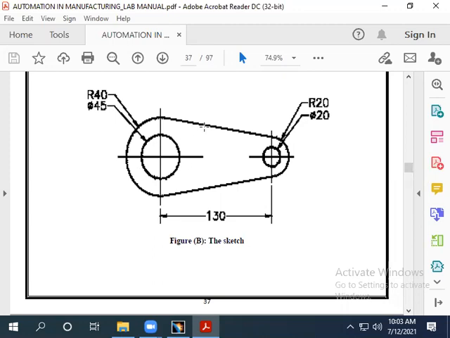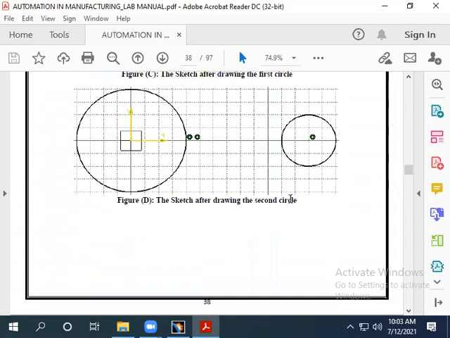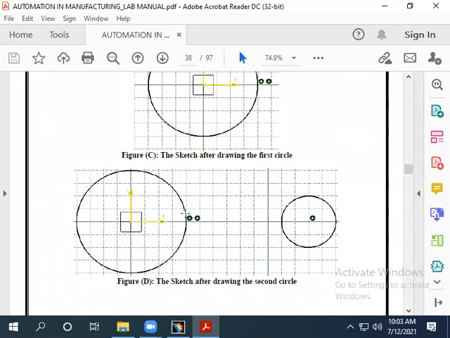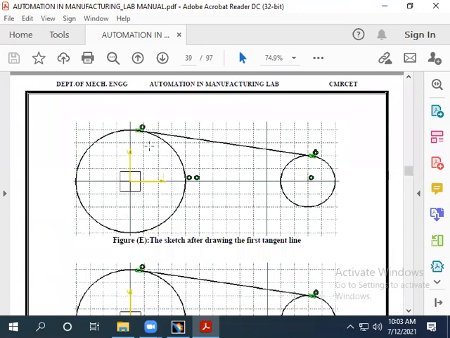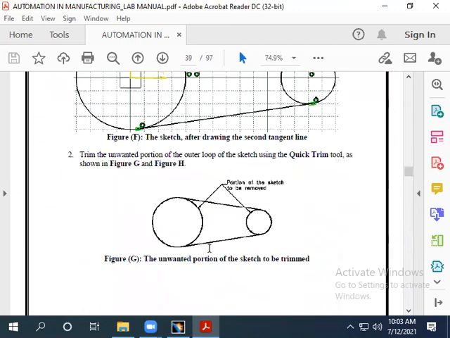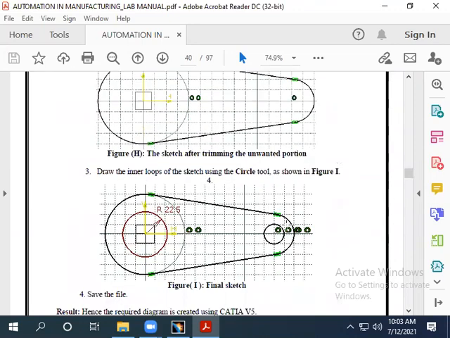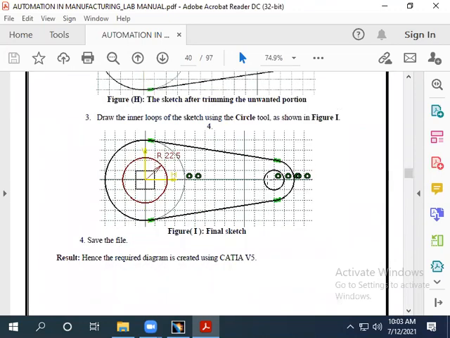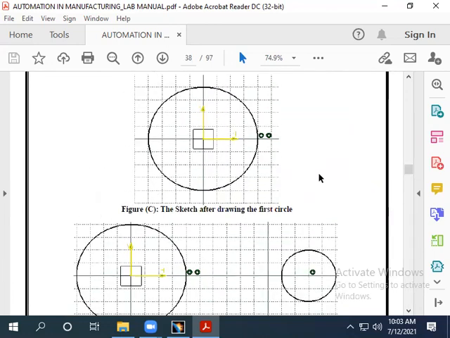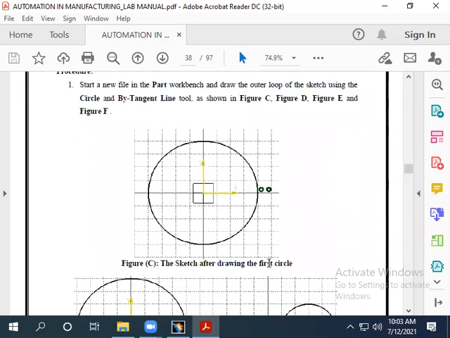There is a circle, right? And you can follow this procedure. You can follow any other procedure also. For example, he's creating the bigger circle, smaller, and then he's creating these bitangent lines, and then he's removing this middle portion, and then drawing the circles. So you can draw the lines at the last, circles at the beginning. We can follow any procedure. Let us follow this procedure. There are many ways to do the same thing. Now let us create that circle.